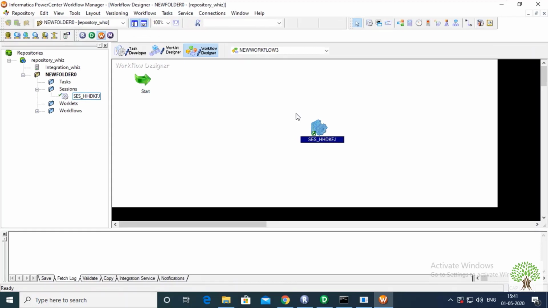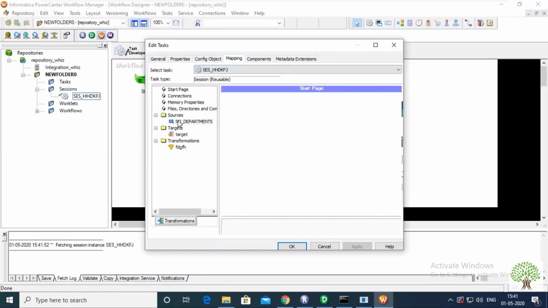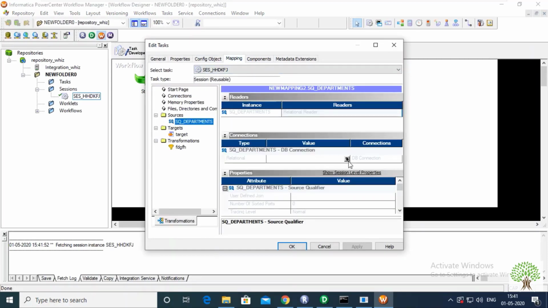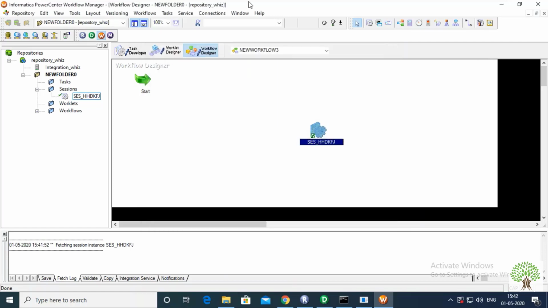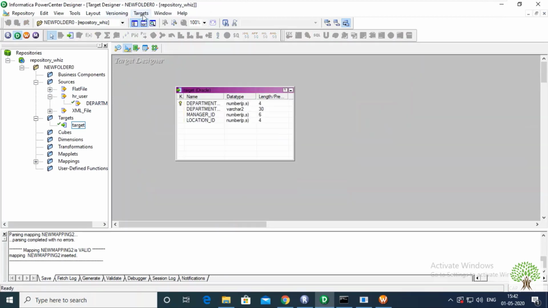Before we link both of them, we need to check whether the source connection is ready or not. Here also you need to perform the same thing you performed over there. When I created my target table, I provided a connection string for it.